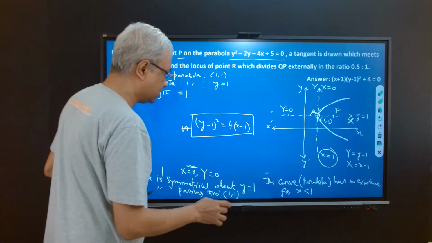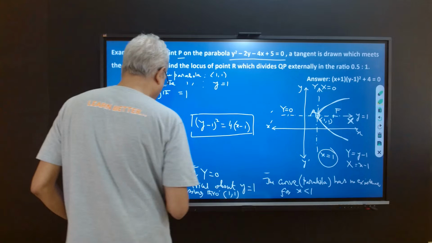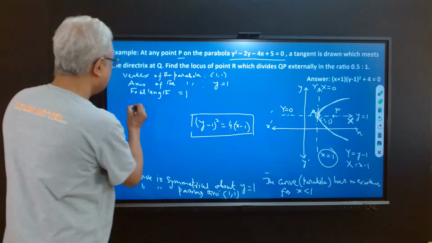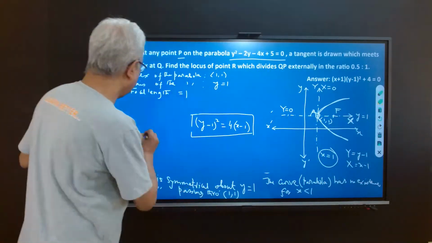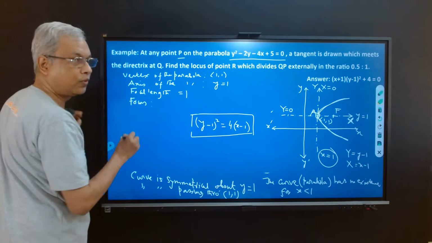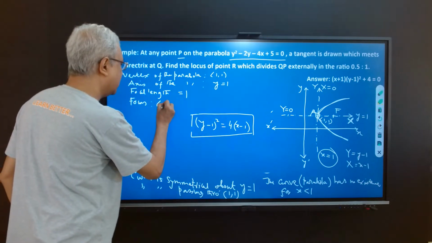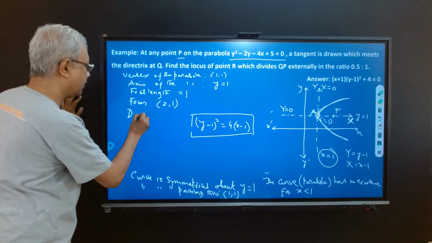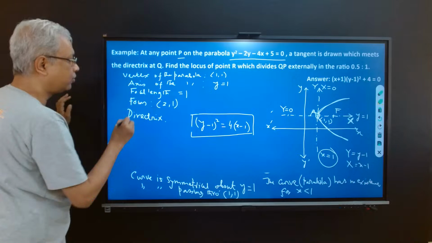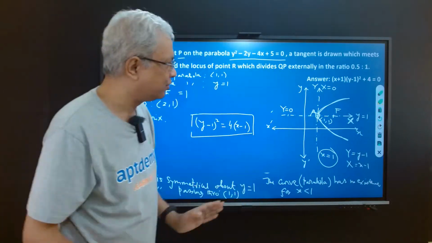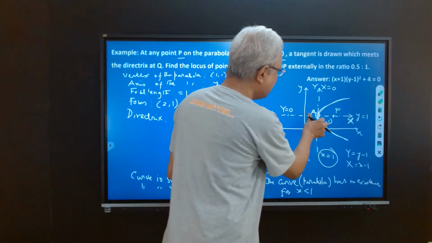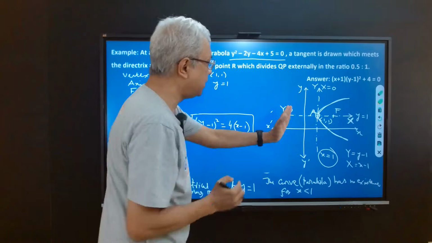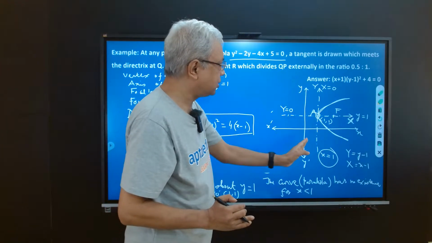Just try to understand. Tell me, what will be the coordinate of the focus? The focus is 1 unit away from the vertex, so the focus coordinate will simply be 2, 1. Now another very important thing: what is the directrix of the parabola? The directrix will be on the other side of the parabola and it will be 1 unit away from the vertex. Since the focal length is 1, the directrix will be on the other side of the parabola, and that is actually,